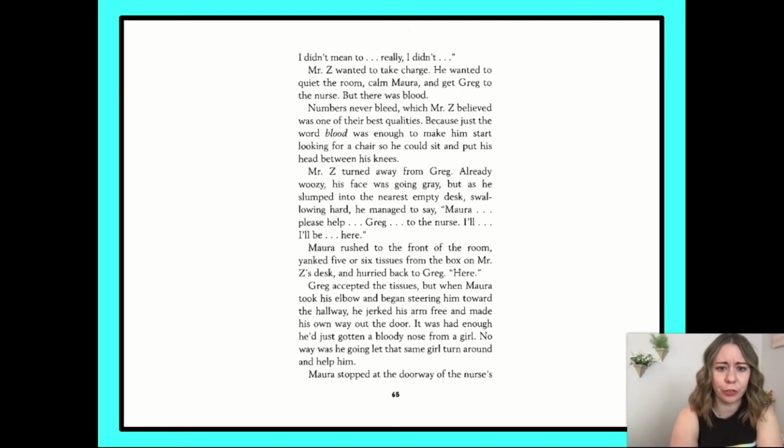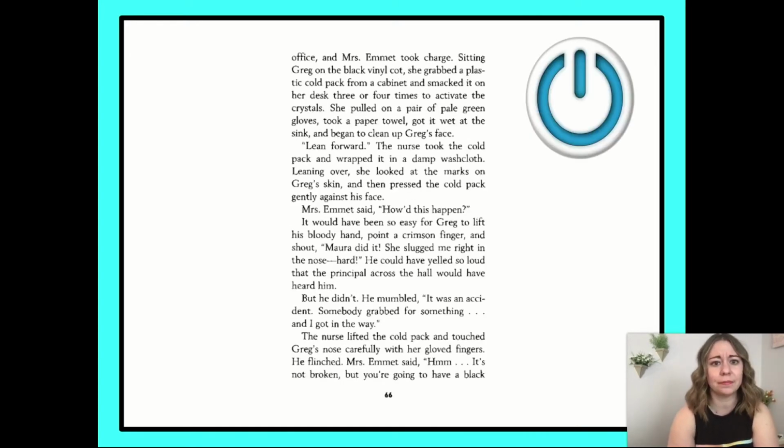Mara rushed to the front of the room, yanked 5 or 6 tissues from the box on Mr. Z's desk, and hurried back to Greg. "Here." Greg accepted the tissues, but when Mara took his elbow and began steering him toward the hallway, he jerked his arm free and made his own way out the door. It was bad enough. He'd just gotten a bloody nose from a girl. No way was he going to let that same girl turn around and help him. Mara stopped at the doorway of the nurse's office,